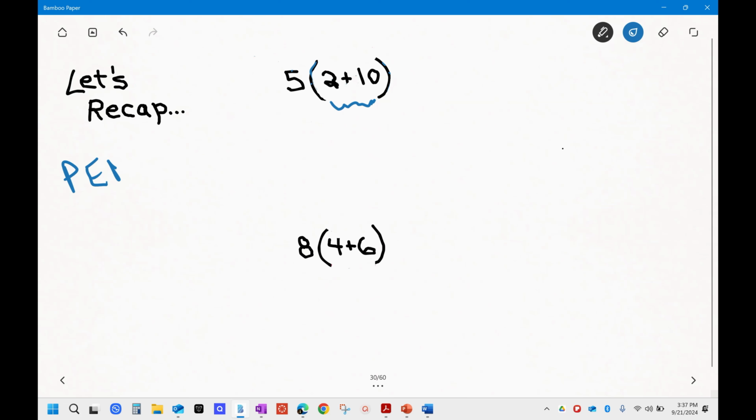Parentheses, exponents, division, multiplication, addition, subtraction. So 2 plus 10 is 12. And then you bring down that 5, and 5 times 12 is 60. But, as I had just been going over, you can distribute, you can use the distributive property,